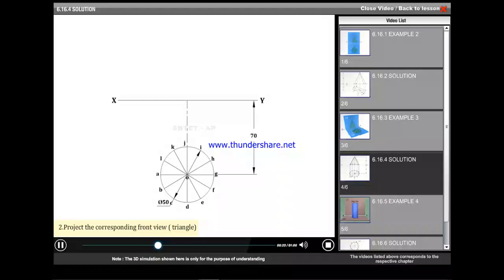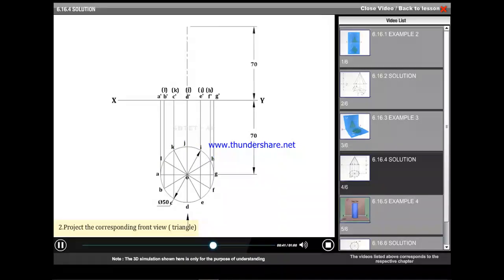Project the corresponding front view, which is a triangle. Darken the front and top views.